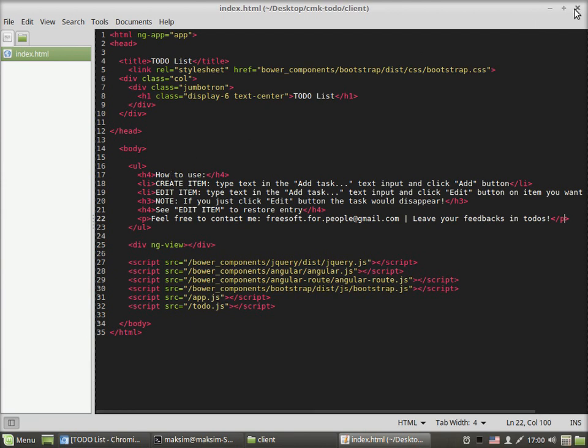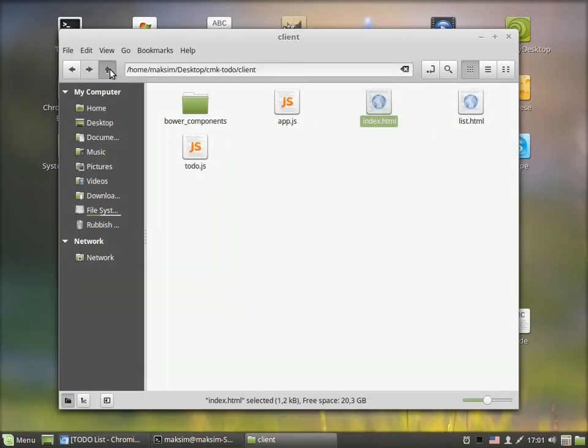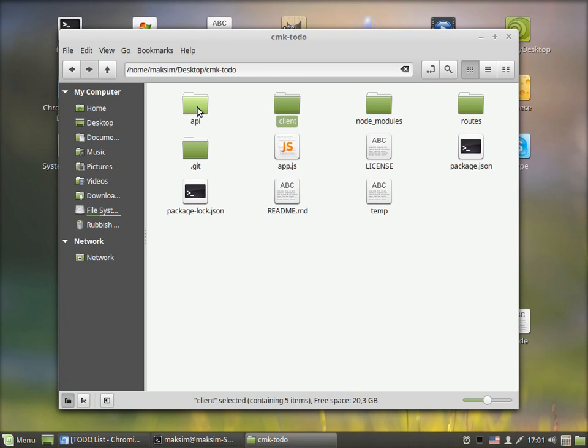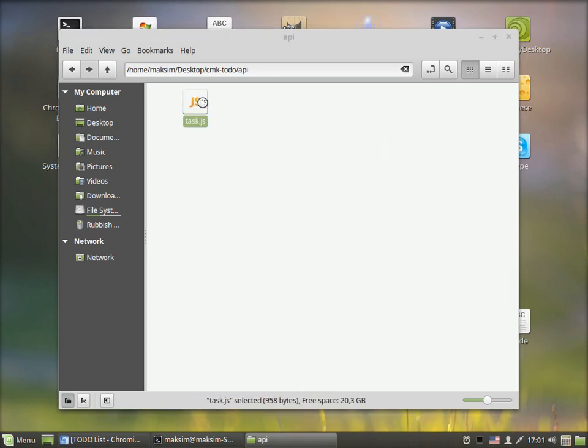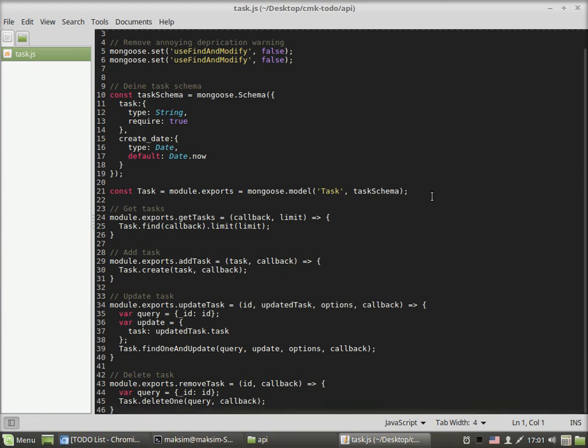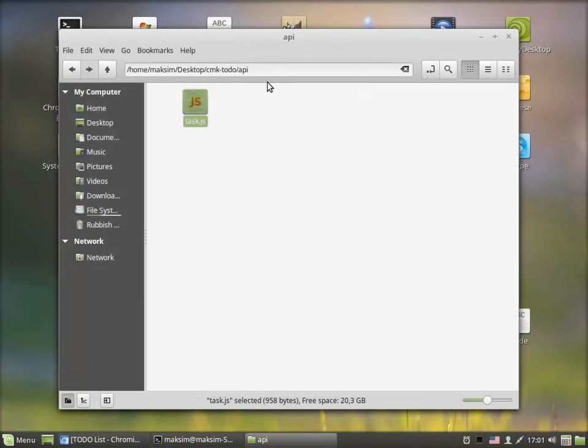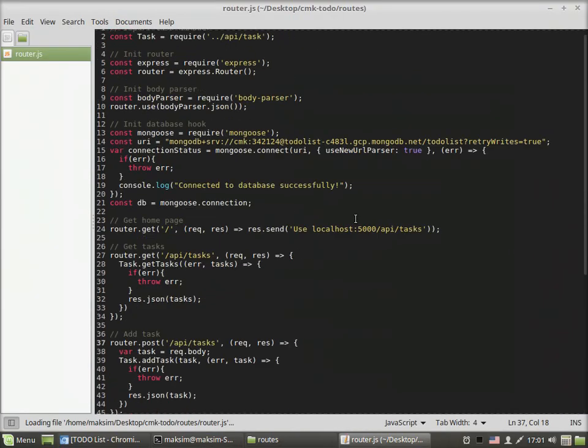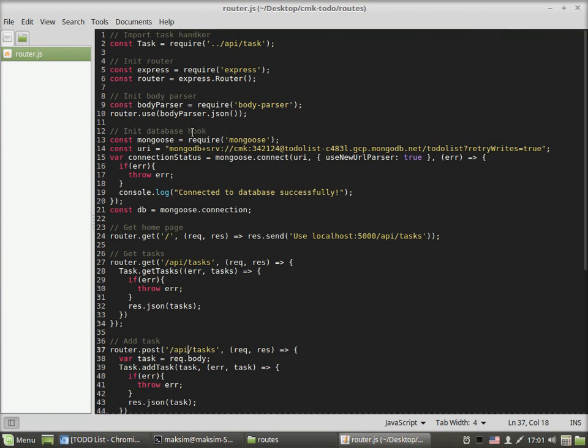But what is really important is, if we go to our API tasks, what has changed here? Is it here? No, it's not in the tasks. I'm sorry, guys. It's probably in the routes. Okay, let's go to the routes. router.js. Yeah, it's over here. So when we created this